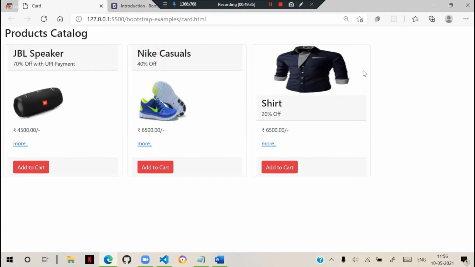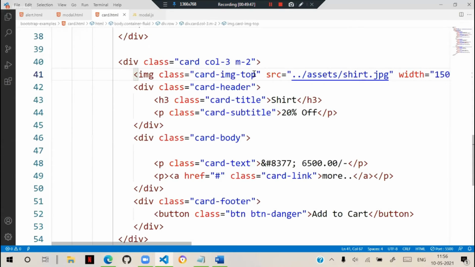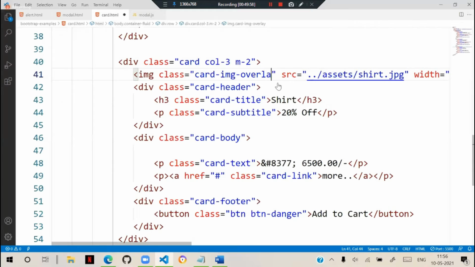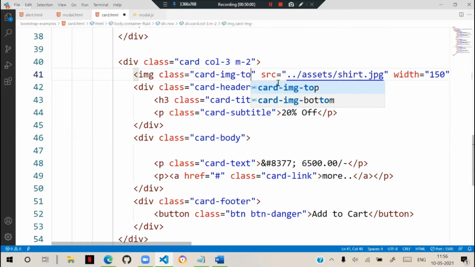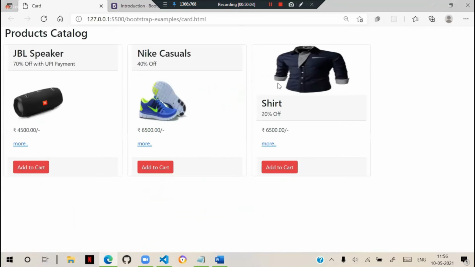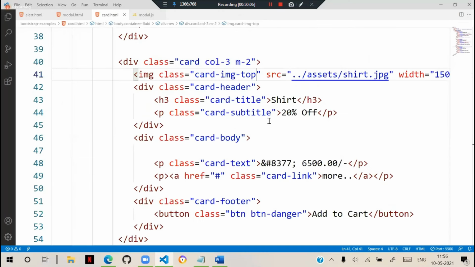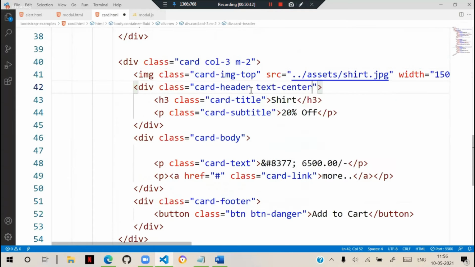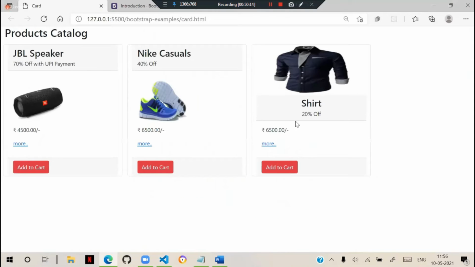It's your wish according to your requirement. You can keep it at the top, at the bottom, or behind as an overlay. Here we have an option like overlay, so it will keep it on top of other contents, which is not suitable every time. So here I defined top, and top keeps it at the top. For content in the card body or card header, if you want it centered, you can use text-center. The rest of the effects, you can change everything.